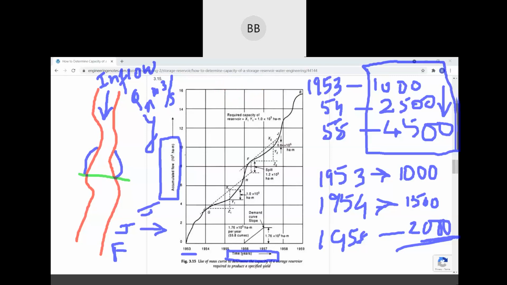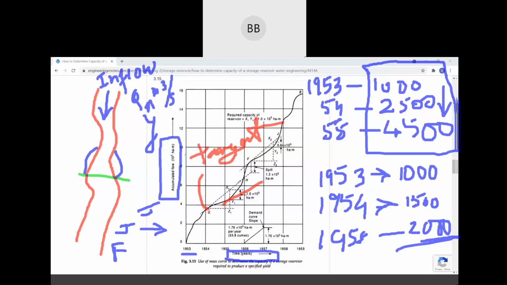So then you have to identify here. Suppose this is your flood point, and then you have identified the dry points. Then you have to draw a tangent. You have to draw a tangent at the flood point and the dry point also, which should be parallel to each other. When you draw a tangent at the dry point and peak point, these should be parallel to each other.